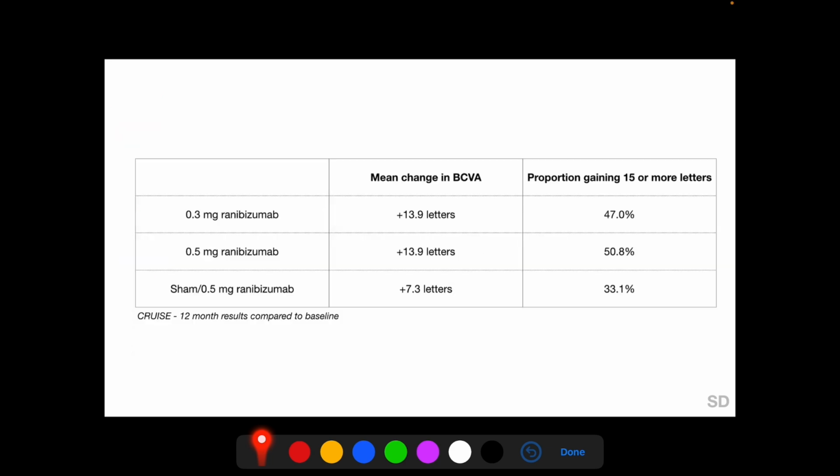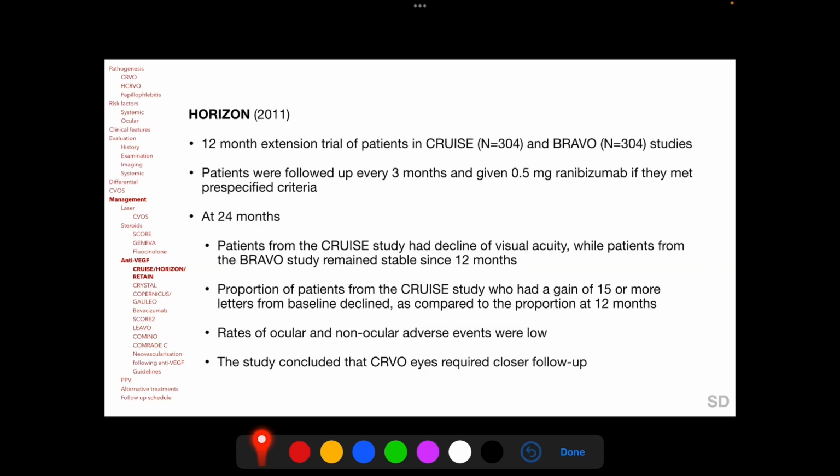This chart shows the 12-month results from the CRUISE trial. The Horizon trial was a 12-month extension trial of patients who were originally in the CRUISE and BRAVO studies. The BRAVO study evaluated the efficacy of ranibizumab in macular edema due to branch retinal vein occlusion. We should note here that there is another Horizon trial arm, which was a 12-month extension trial of patients originally in the Retina and the Anchor trials, which evaluated the efficacy of ranibizumab in the treatment of choroidal neovascularization in